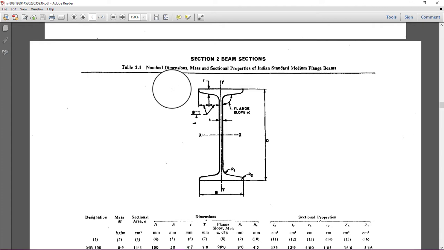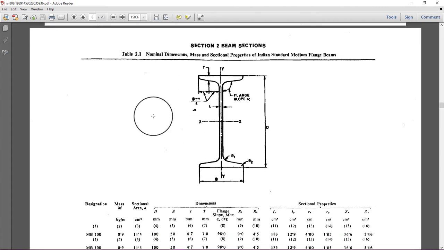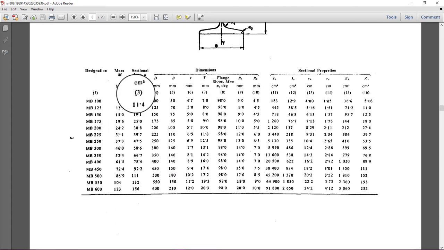So we can see here, this is the I section, and just come below, we will see the size of this I section, that is ISMB 100, 125, 150, 175. Also you will get the mass in kilogram per meter, and sectional area in centimeter square.